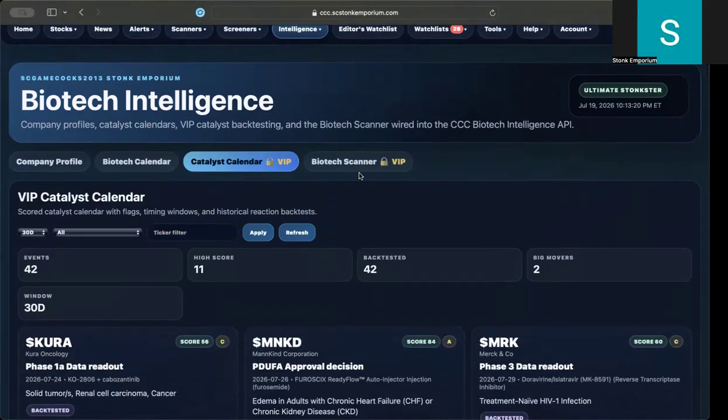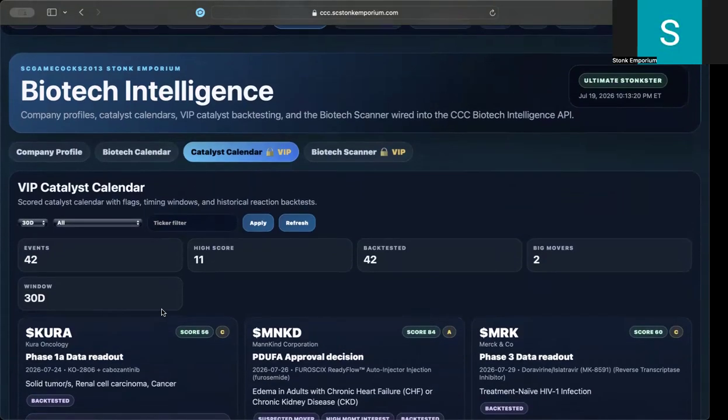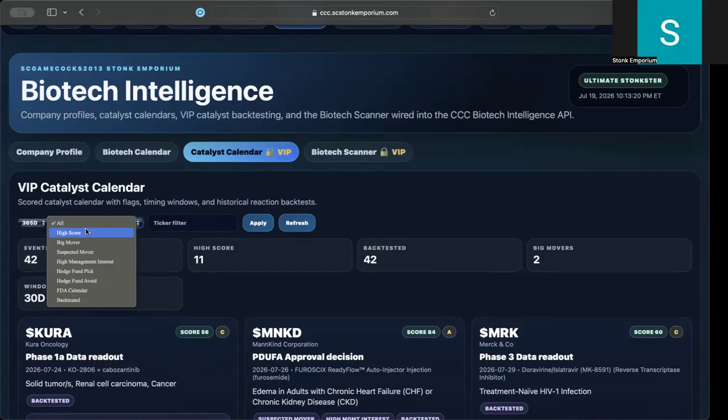So one of my favorite strategies in investing in biotech long term is I love to come to this biotech catalyst calendar. And there's a couple things that I do here to really hone in on potential long position biotech trades. The first thing I do is I change the look back period or look forward period from 30 days to 365 days. The second thing that I do is I change this filter from all hits and I move